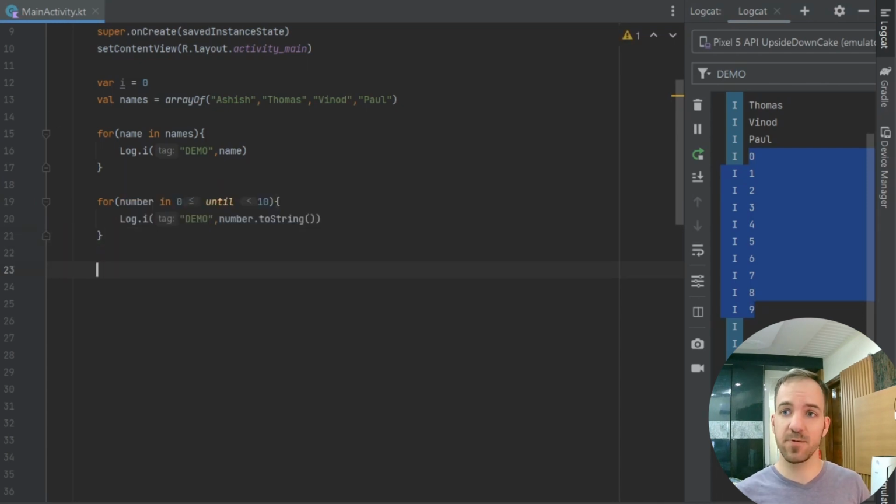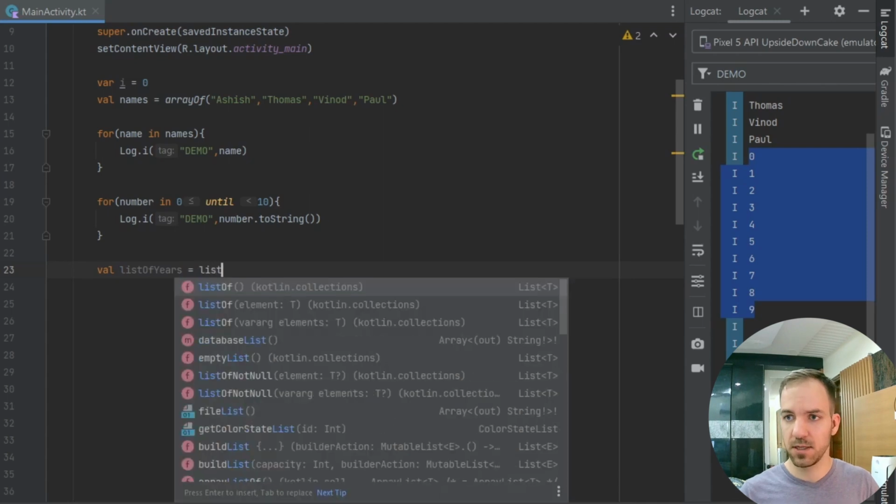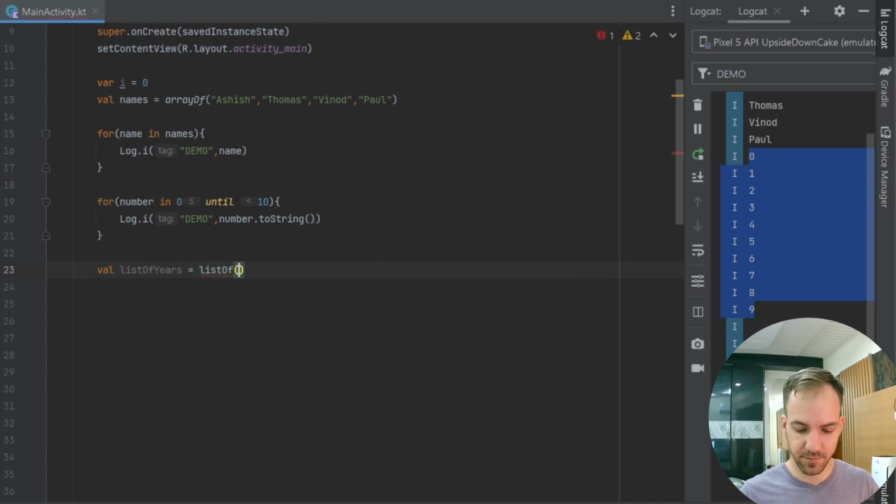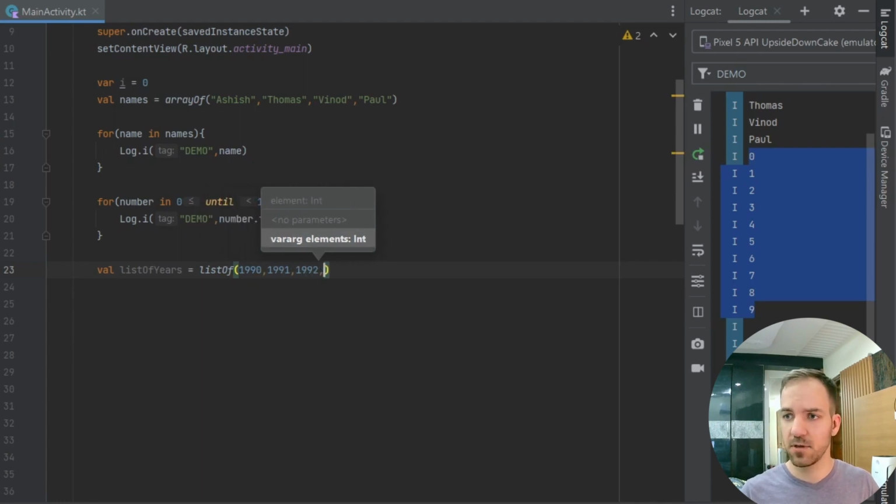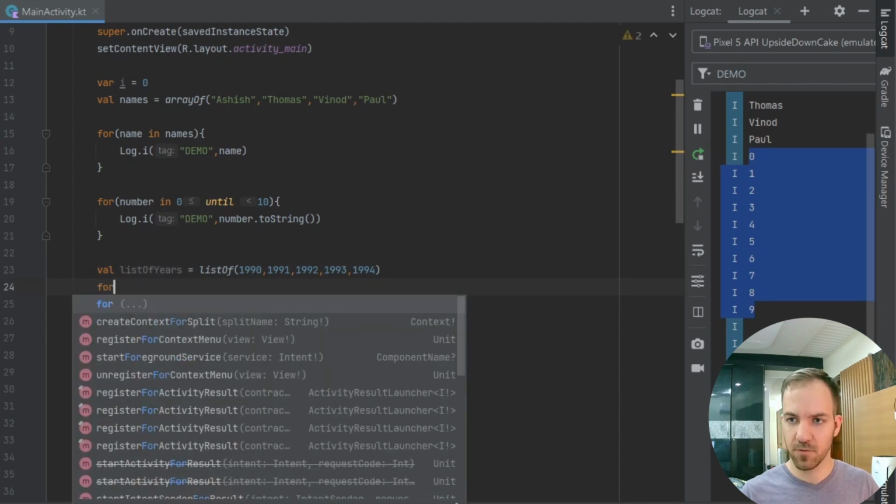So we did an array, we did a range. You can also do a list of things. So if we have, for example, here, val listOfYears equals listOf 1990, 1991, 1992, 1993, 1994. Okay, that's enough years. And then after that, we'll write for